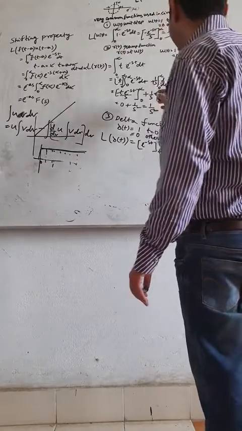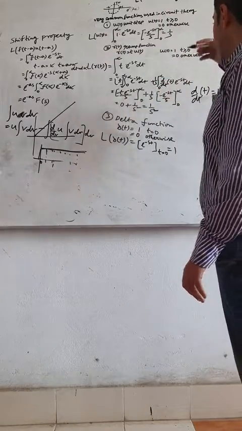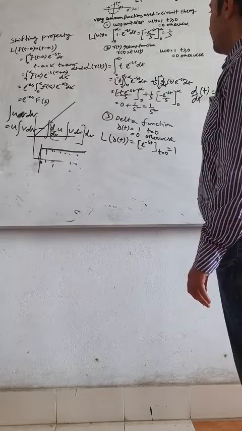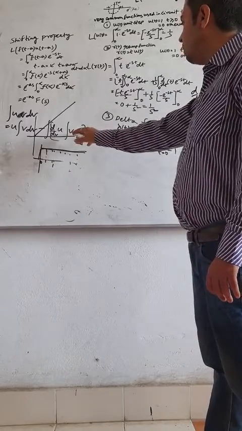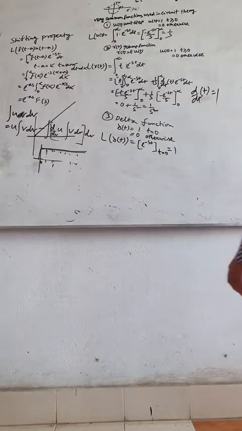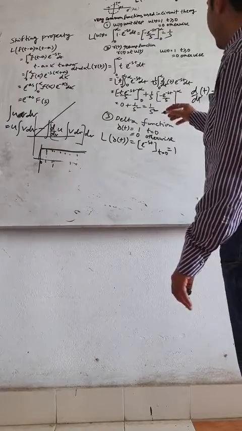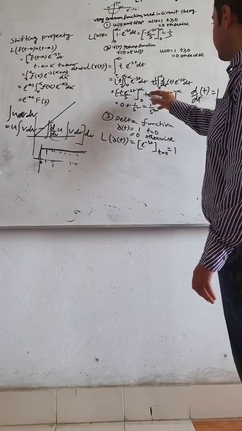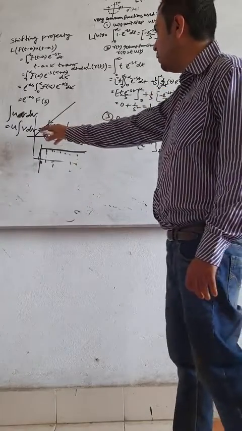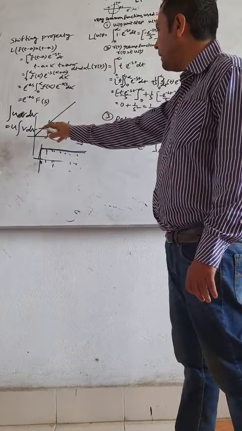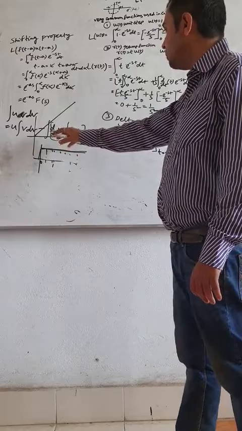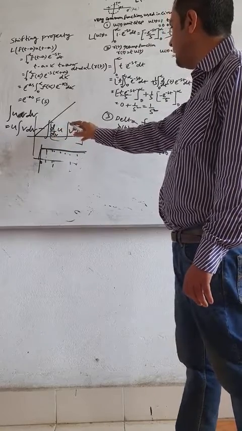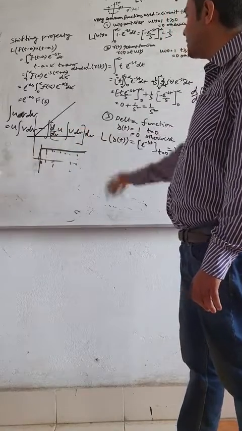So 1 by s we have got previously from the first step integration. Because of the integration of v dx we have got minus e to the power minus st by s. The minus is already positive, the minus is already plus, because my formula is u times the integral of v dx, minus the integral of the derivative of u times the integral of v dx, whole integrated.